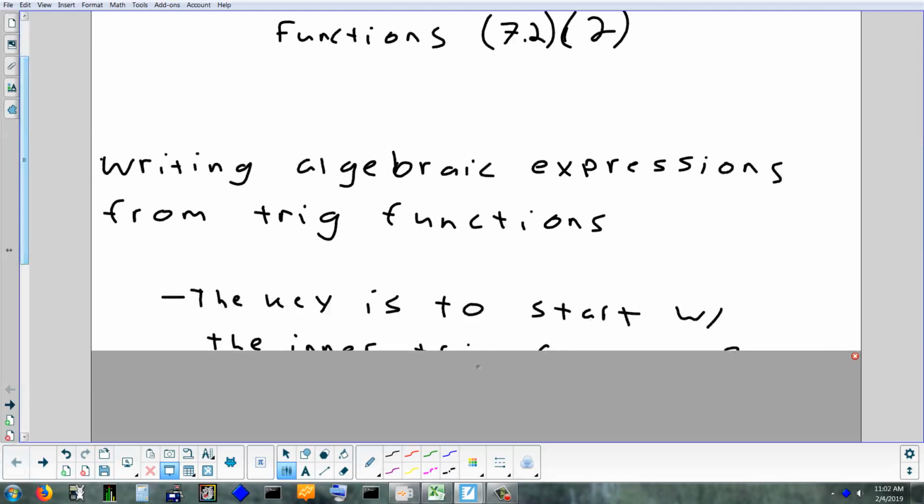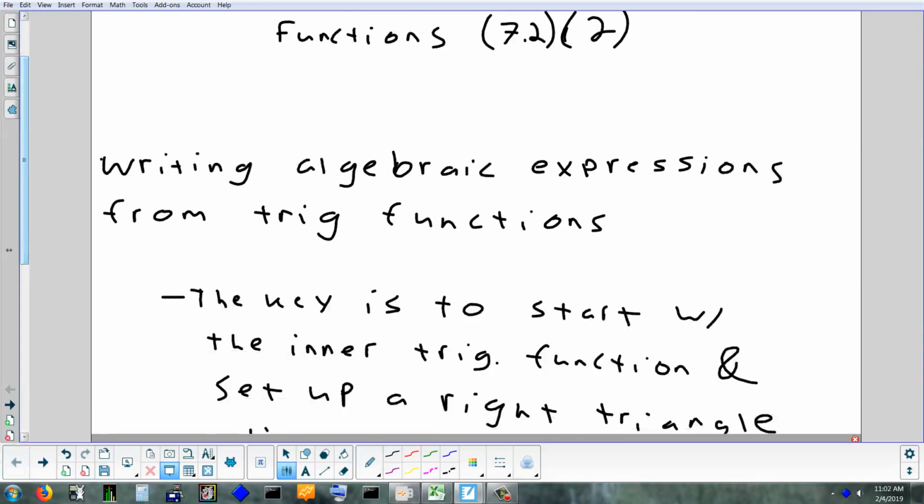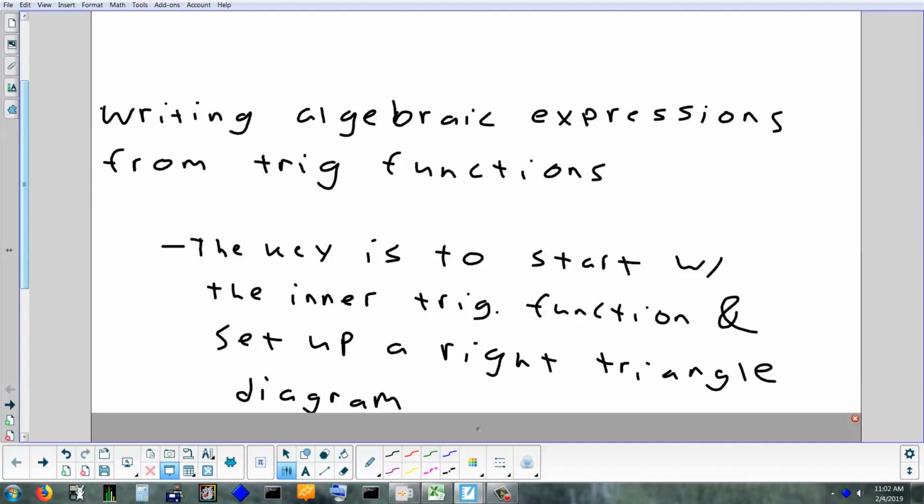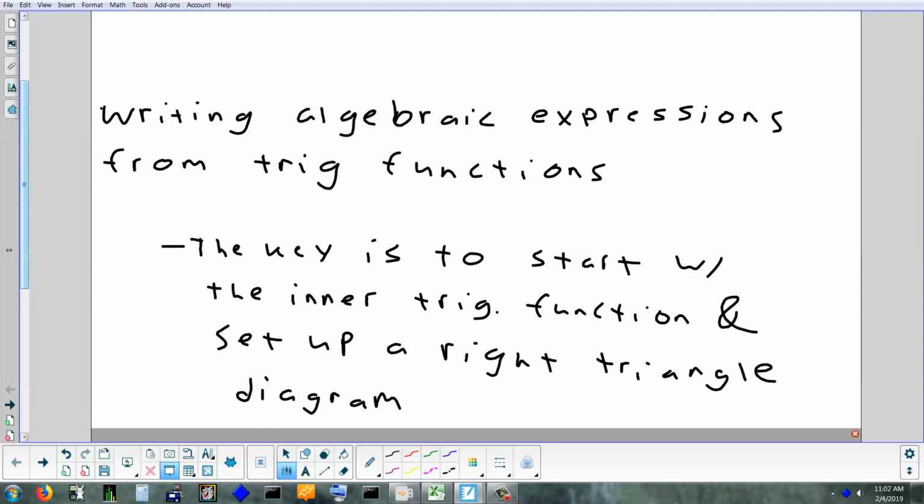So the key is going to be to start with the inner function. Okay? And we're going to try to set up a diagram for it. Now, once you get better at this kind of stuff, you might not need to draw the diagram out, but I think for a lot of people, the diagram is just going to make it easy to see what's opposite, what's adjacent. I think a lot of people get very confused if I skip that whole step. So I'm going to do a diagram,